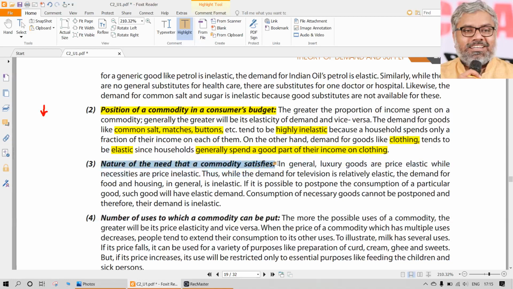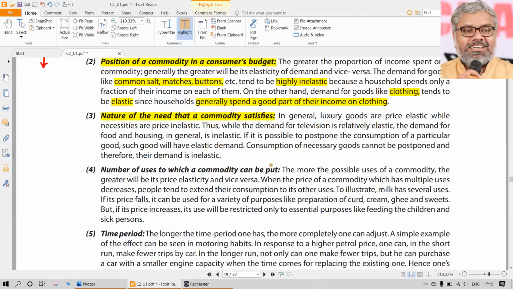Then other things are also very psychological in general. Nature and need of the commodity that satisfies. Like once again, what kind of need that commodity satisfies. Same examples can be taken. For example, generally the price elasticity will be high for which kind of goods? Luxury goods. Because they don't need to be really purchased for satisfying the basic needs of the consumers. So price elasticity will be high for them. Which means if the prices have increased, customers will not buy them. They will just postpone them. And if the prices are low, then they might get attracted to buying those luxury goods.